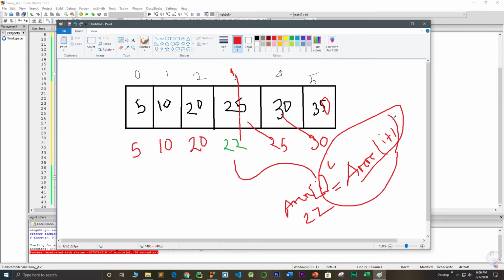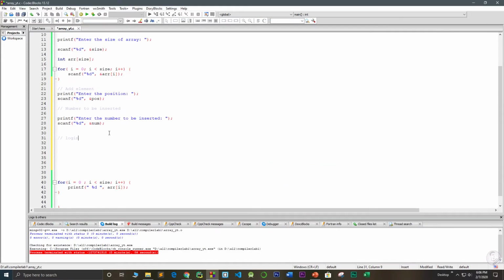That's why we're writing array I plus 1 inside of our main array, so that it moves to the right side. So this is the main. Now we'll write our main logic. In this logic I want to write